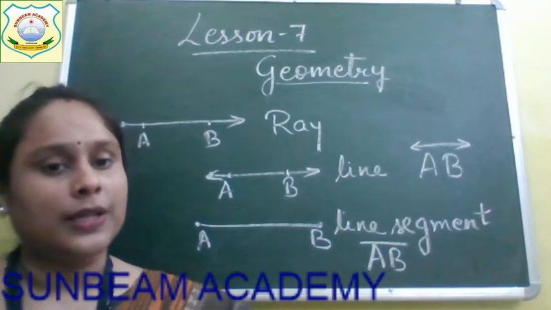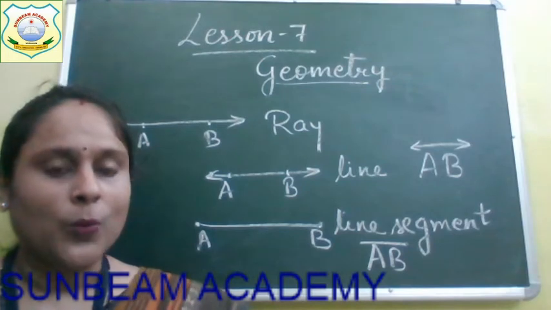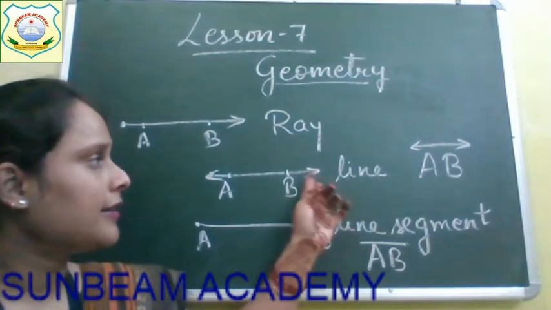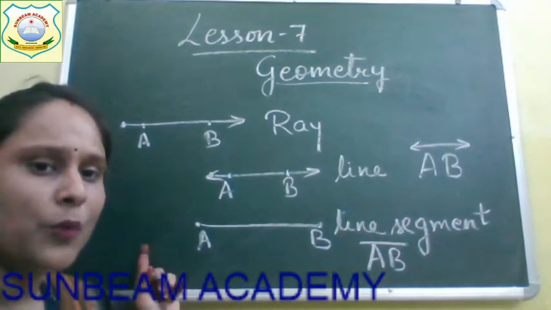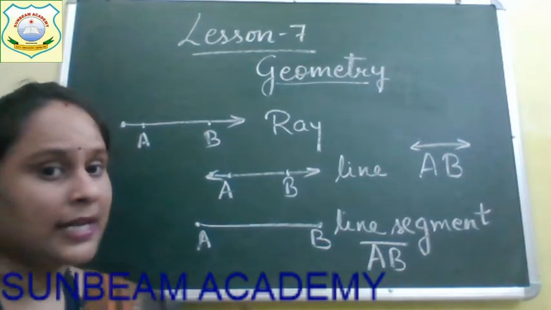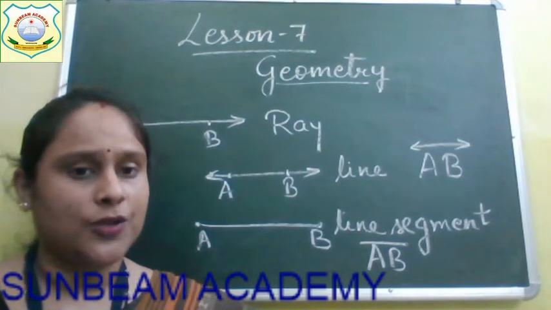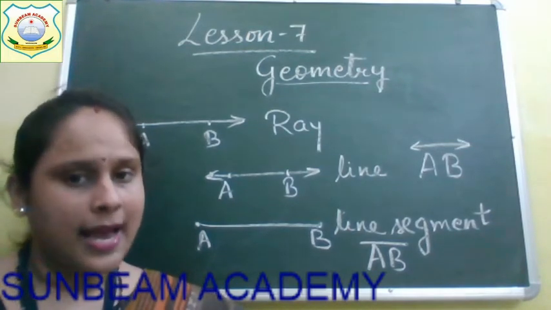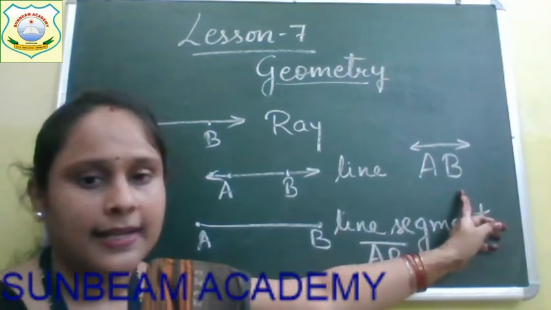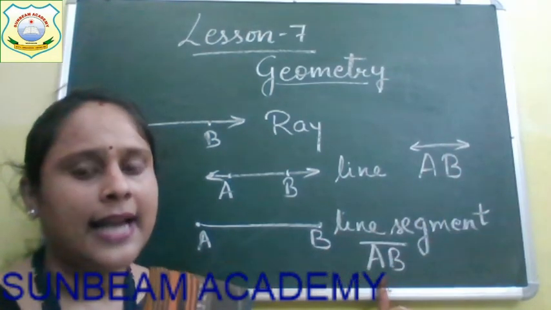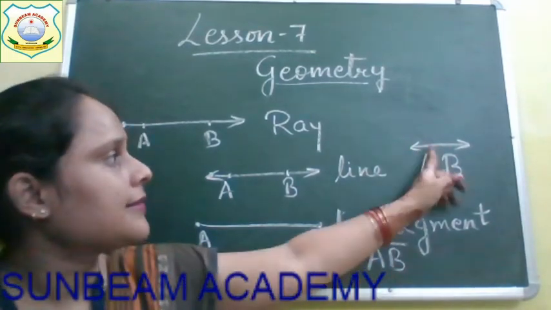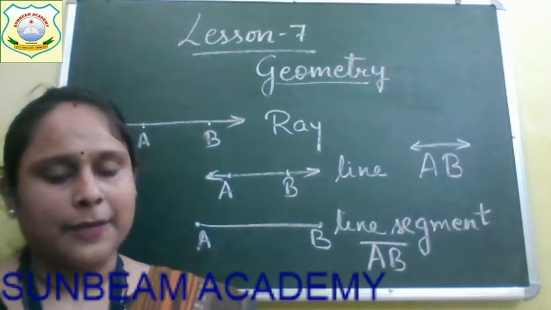जितनी लेंथ होगी हम उतना ही बड़ा line segment we can draw. We cannot extend it according to our wish as in the line. A line has two arrows and can be extended in both directions, but a line segment cannot be extended in either direction. So now you have understood the difference between line and line segment. Line AB is written like this and line segment AB is written like this, with their own symbols.